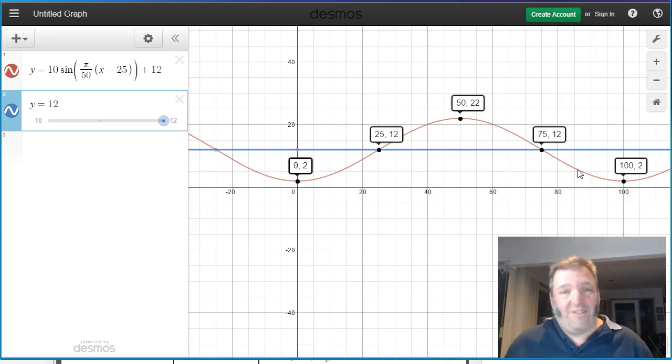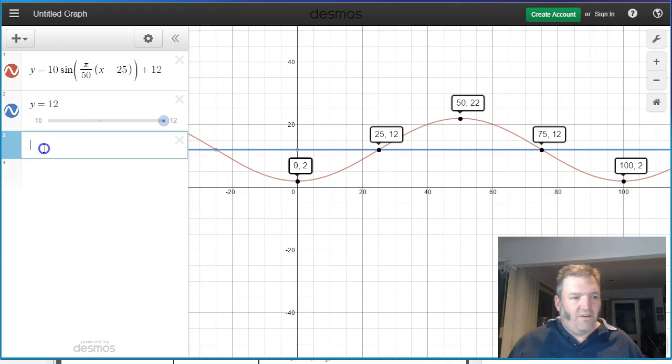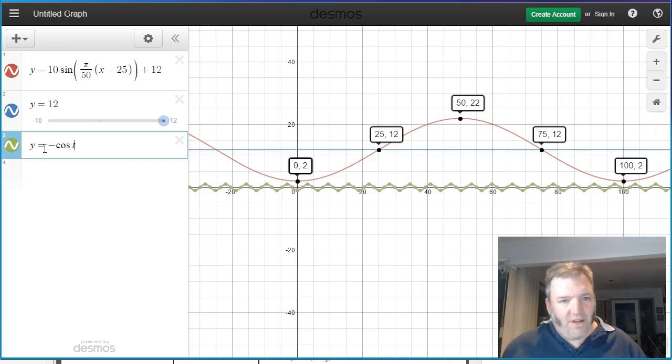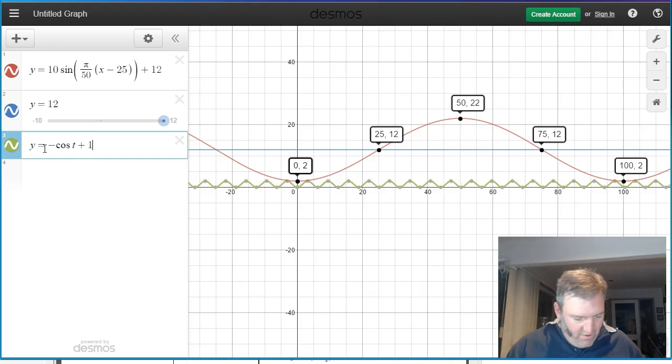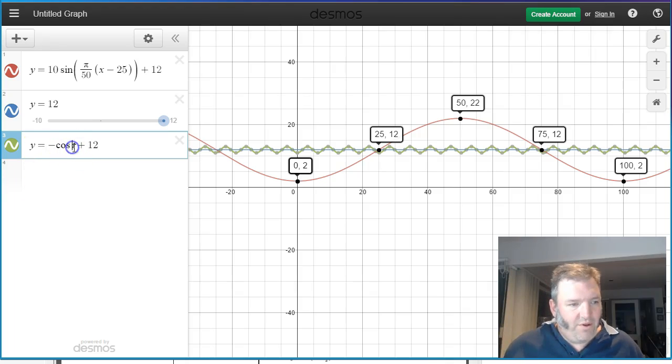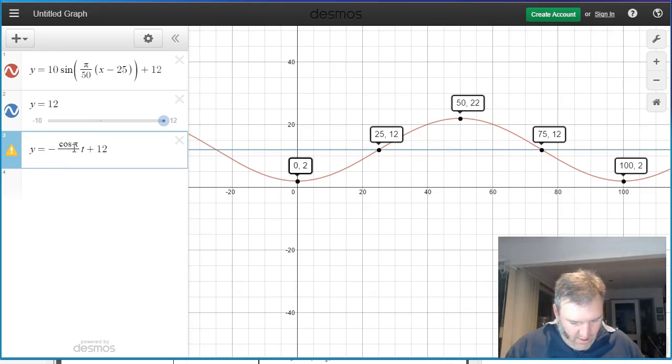Now, interestingly, if I was given the task of modelling the height of that light, I would never have chosen a sine curve because it's really annoying. Having to do that horizontal shift is silly. What I've really got here is a cosine curve that's been reflected in the x-axis before it's been shifted, haven't I? I've got an upside down cosine curve. So if I was going to do that one, I would have said y equals some sort of negative cosine function in terms of t. Now, we haven't finished yet, have we? Because we've still got to have that vertical shift of 12. We've still got to have the period being 100,